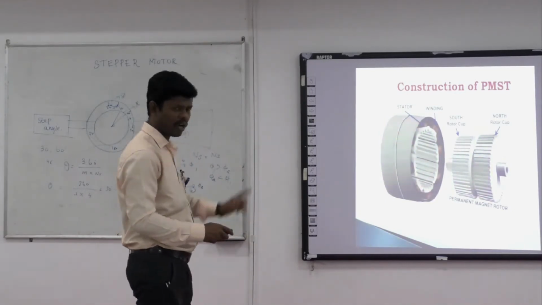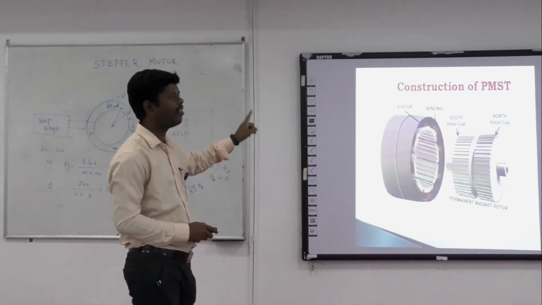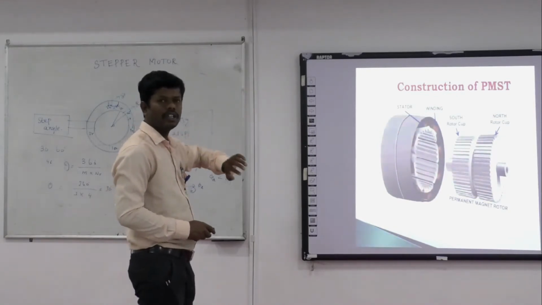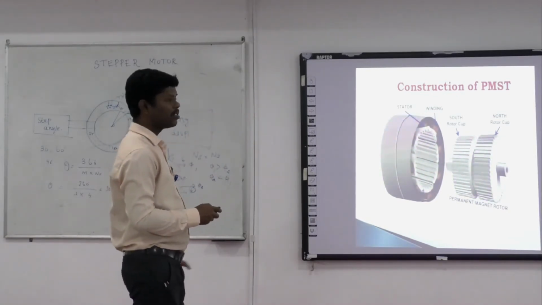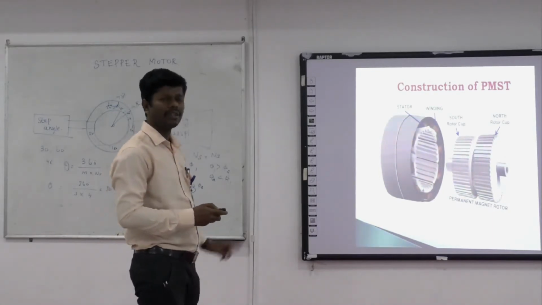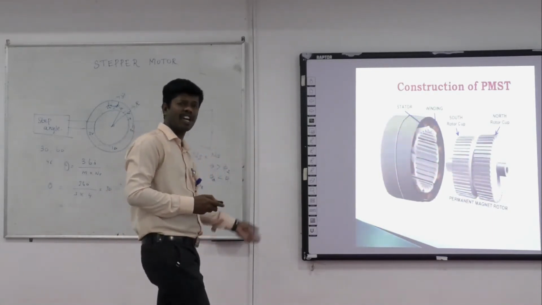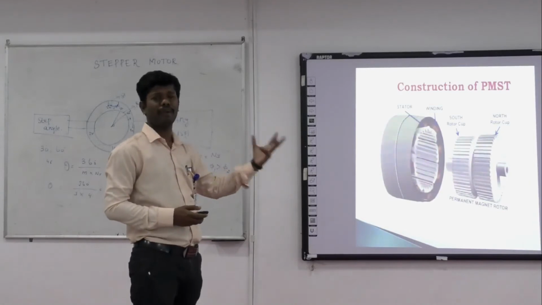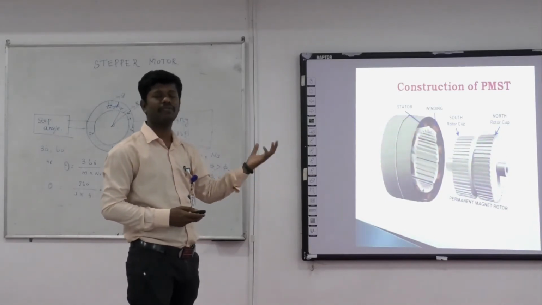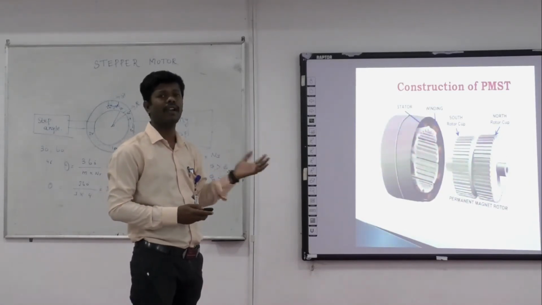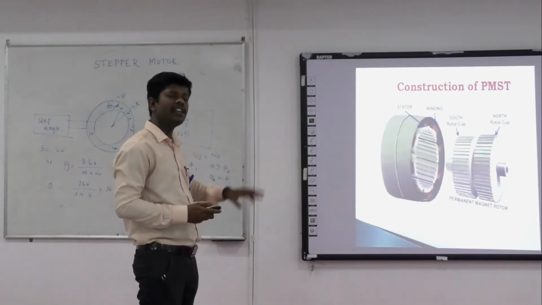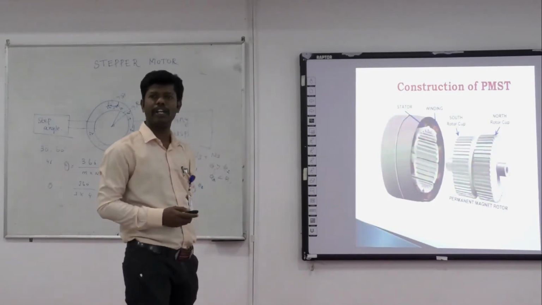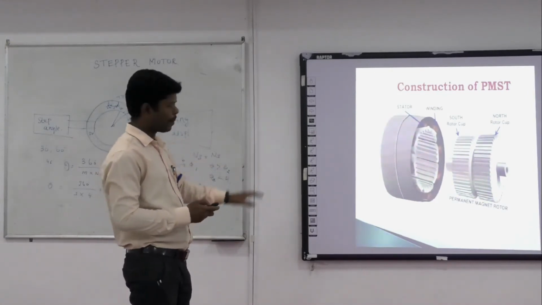The only drawback is that the permanent magnet stepper motor runs through 0, 90, 180, 270, 360 degrees only. That is the main drawback. Another drawback of the system is that the cost is very high, because of using a permanent magnet. The lifetime is also very short compared to variable reluctance, and the maintenance cost is very high. So only some particular applications use the permanent magnet stepper motor.